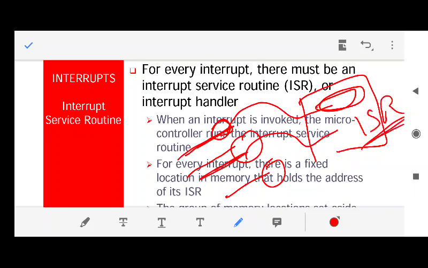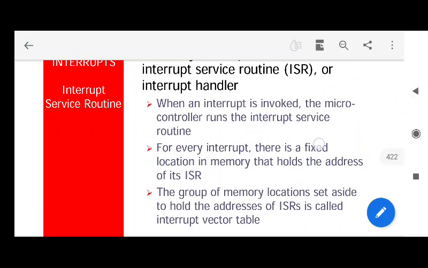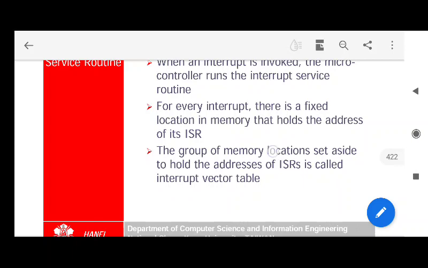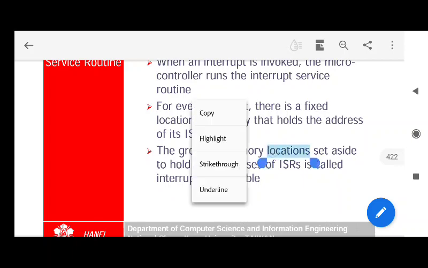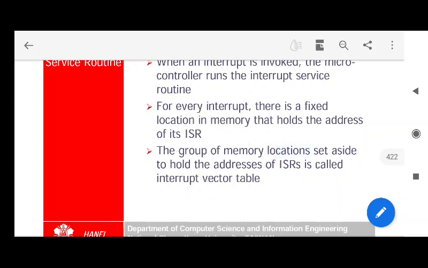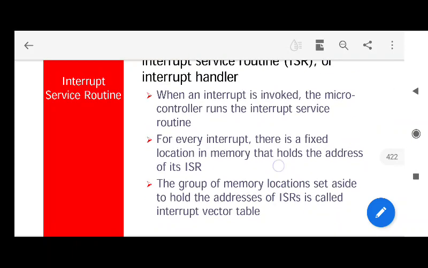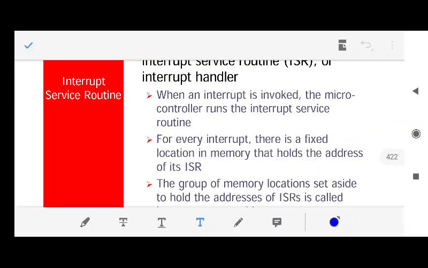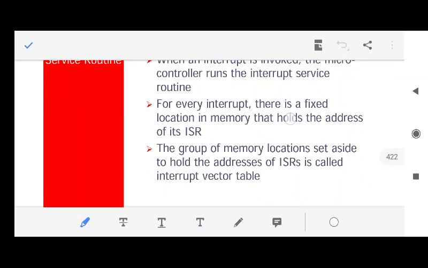So what is this interrupt service routine? It is nothing but a program which is stored inside the 8051 memory.